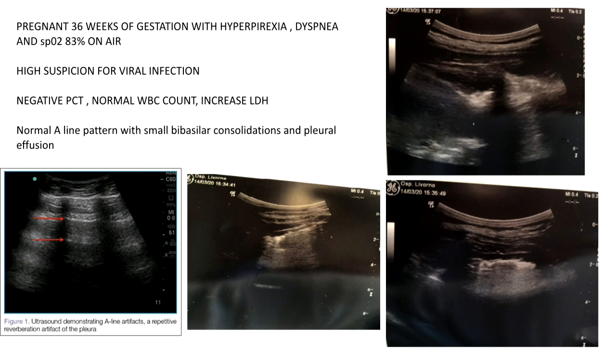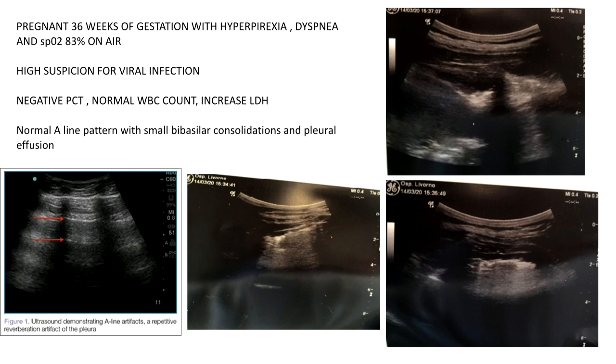We had last week a pregnant woman present to the emergency department with hyperpyrexia, dyspnea, and low saturation on air, and we were worried about COVID infection in this 30-week pregnant woman, and the suspicion was supported by the negative procalcitonin, the normal white blood cell count, the increase of the